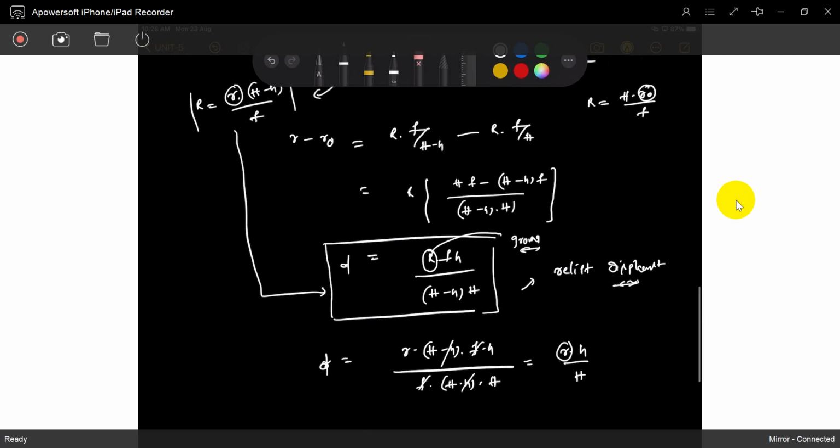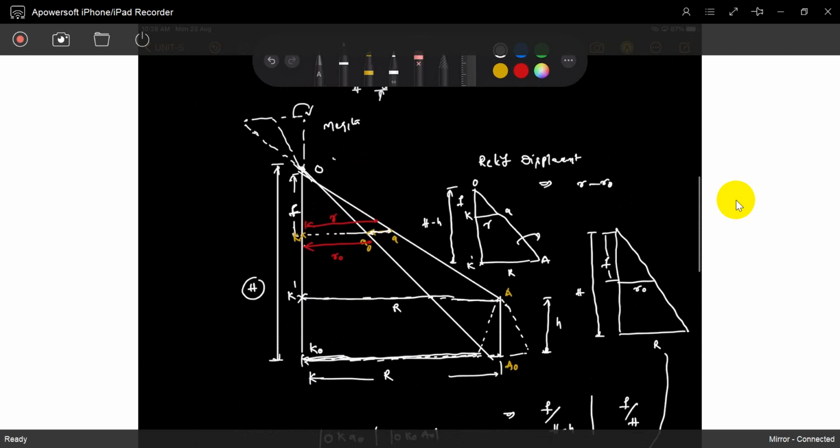So this value r we know, height we know, h we know. Otherwise the relief displacement we know it because of seeing it on the picture or locating it on the picture. If you observe the picture, we will get the relief displacement directly based on just linear measurements. Based on that relief displacement, we can capture the height of that object. That is the question, that is our objective. We can easily observe the relief displacement between the top and bottom, and based on it we can identify the height of the object.